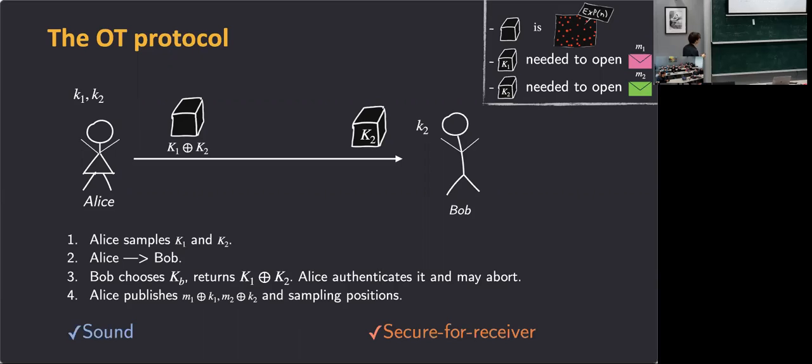So this is sound. It's secure for the receiver because its behavior is completely symmetric in its choice from the point of view of Alice. And it's also secure for the sender. The reason is that if we consider an attack where Bob tried to gain information about both messages, because of privacy amplification and this hash procedure here, it will mean that he has kept most of the information in K1 and most of the information in K2. And if he had most of the information in both, then he couldn't have sent a copy of K1 plus K2 because there's a lot of redundancy in these three states.